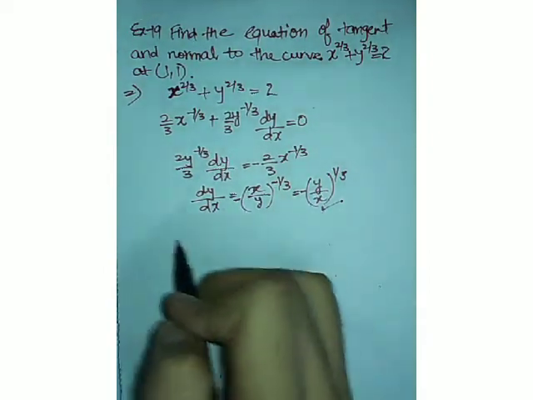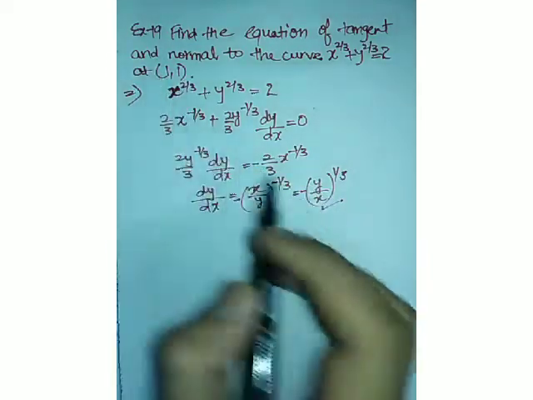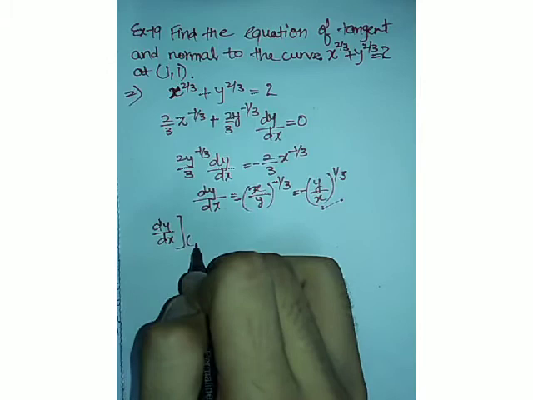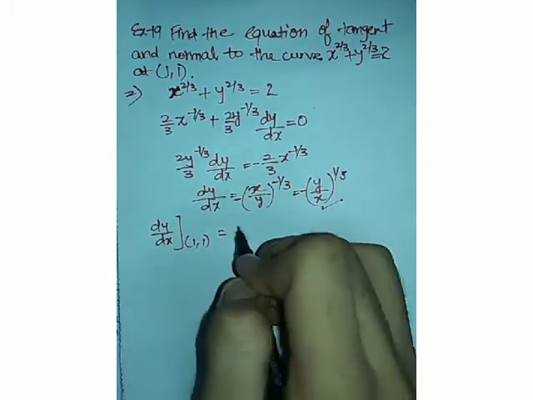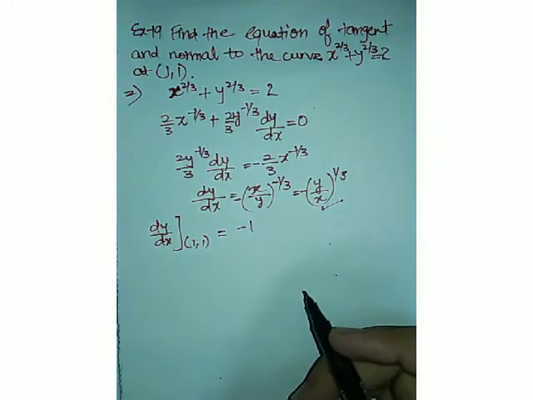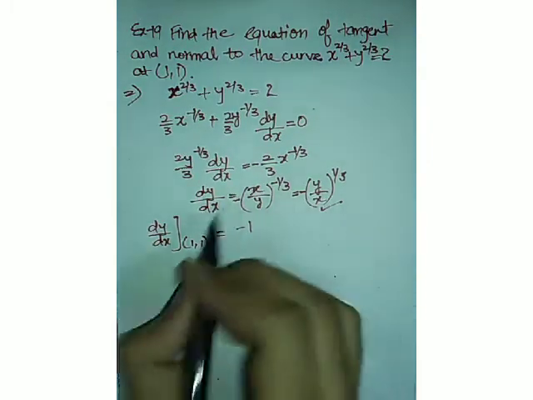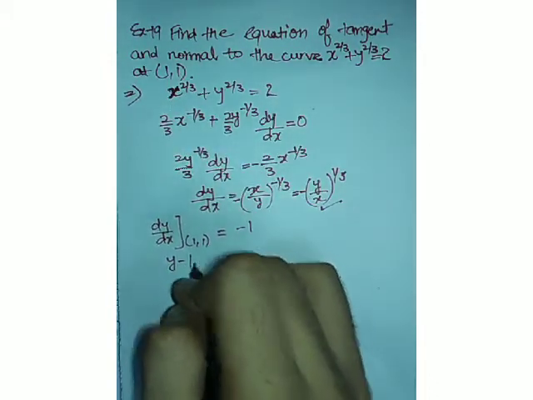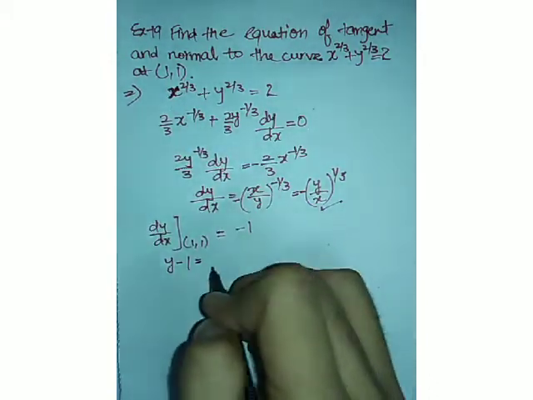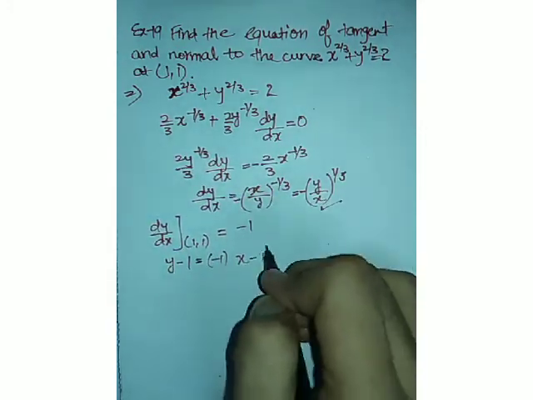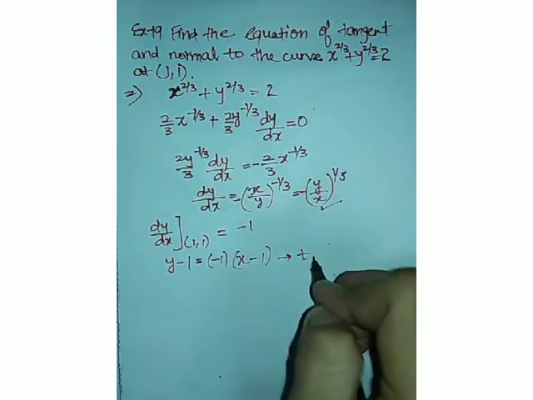What is the equation of tangent? So firstly we have to satisfy the point, don't forget this. Dy upon dx at 1 comma 1, what will you get? Minus of 1 upon 1 raised to power 1 by 3, that is minus 1. That is very simple. Now what is the equation of tangent? That is y minus y naught, that is 1, is equal to, what is our slope? That is minus 1 and x minus x naught is again 1. This is the equation of tangent.